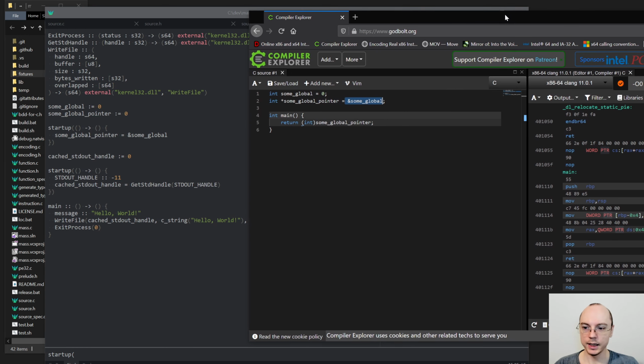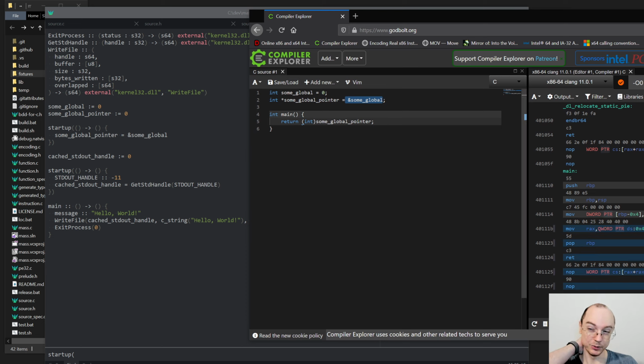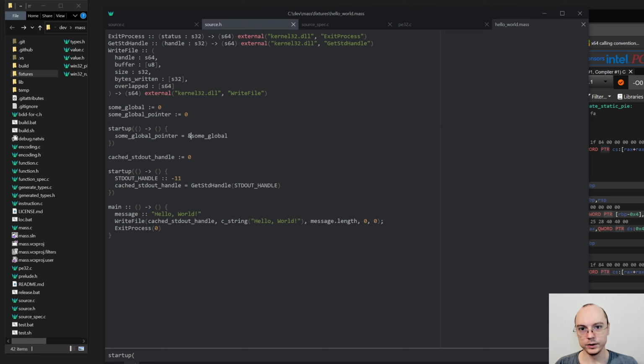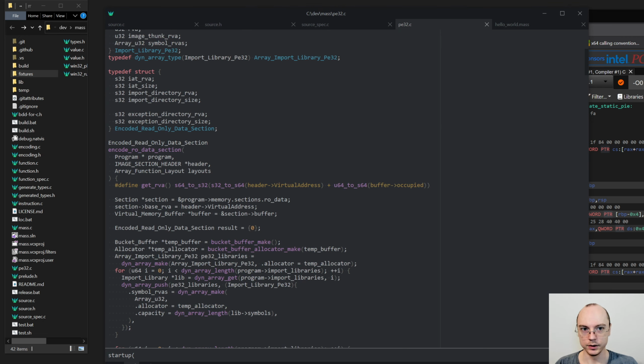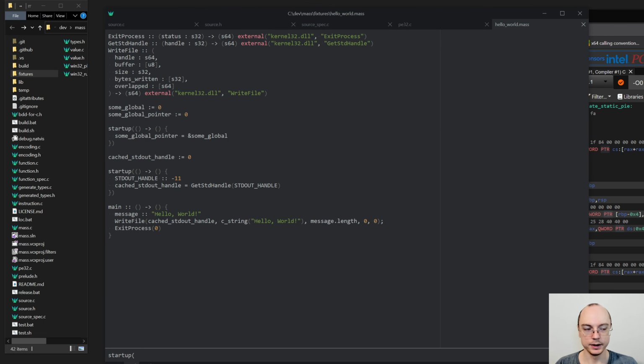It is not exactly the same thing as what happens in C. So executable formats, including PE32 that we support ourselves, and things like ELF and Mach-O for macOS, they have explicit support for relocations. And instead of doing this exact operation, what the operating system does is